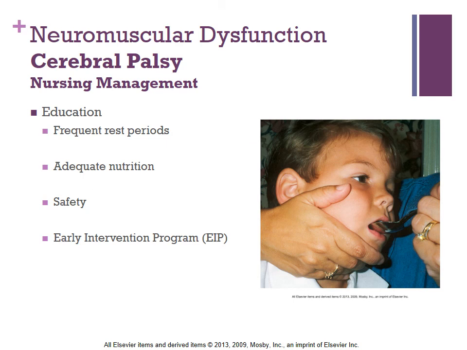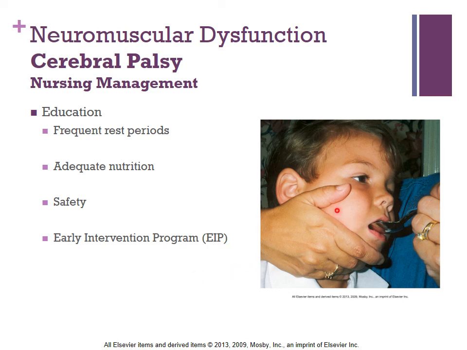As far as nursing management, you want to educate parents on frequent rest periods when they perform their ADLs. They spend a lot of energy doing their ADLs, so it's important that they do take rest periods while they're doing them. Adequate nutrition. They may end up getting a G tube, so they may need G tube feeds or supplemental nutrition in some way. They may have a problem with oral feeding due to the compromised jaw control, especially if they have that dyskinetic CP. So you want to teach the parents how to provide stability for the child with manual jaw control.